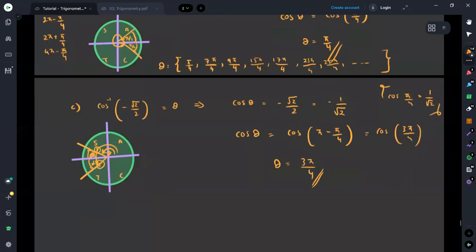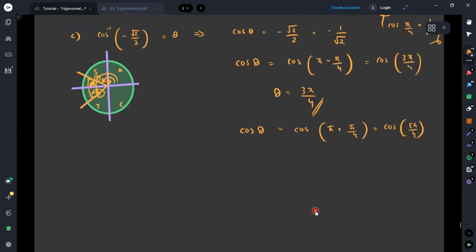In a similar way, cosine theta is equal to cosine 5 plus 5 over 4, which equals cosine 5 times 5 over 4. Then we can consider theta equal to 5 times 5 over 4, and recursively we can have the values. Therefore, values of theta can be written as 3 5 over 4, 5 5 over 4. Then if you form the calculation, it would become 3 5 plus or minus 5 over 4.